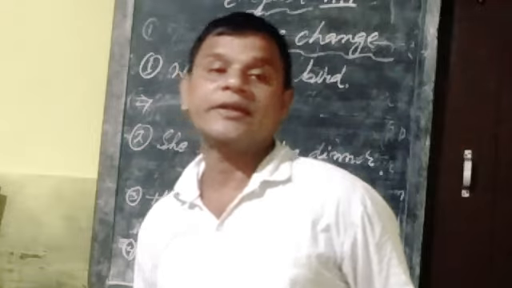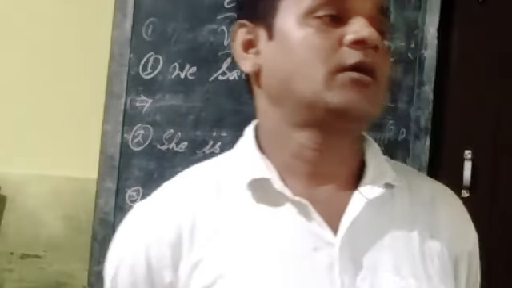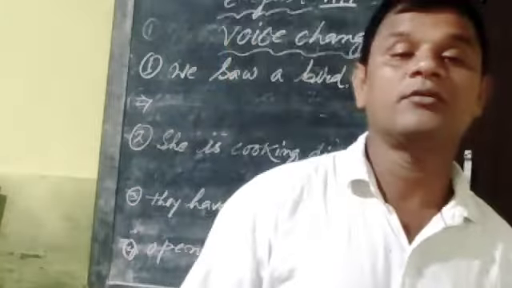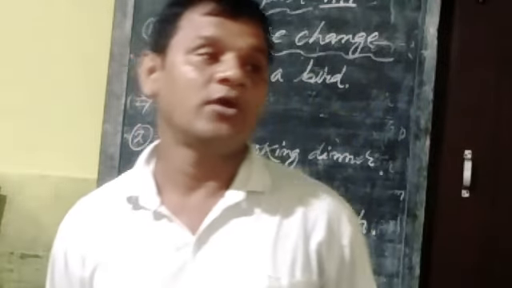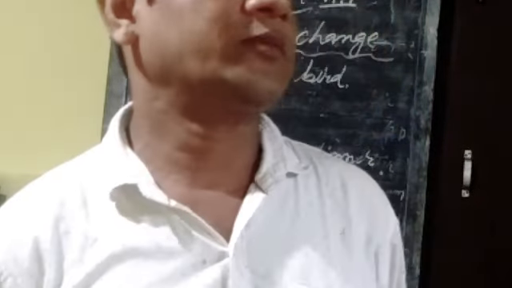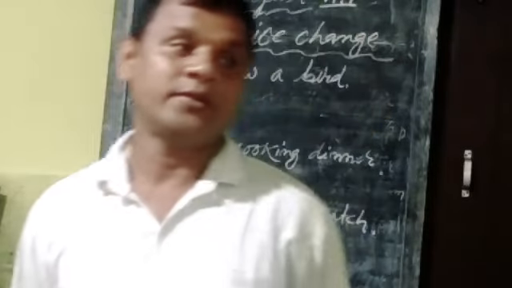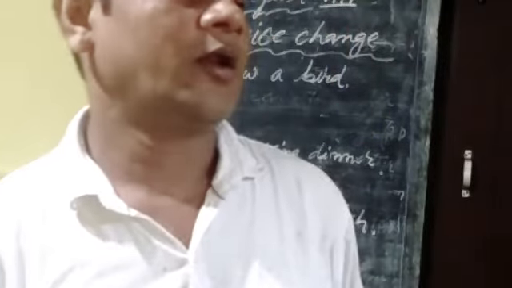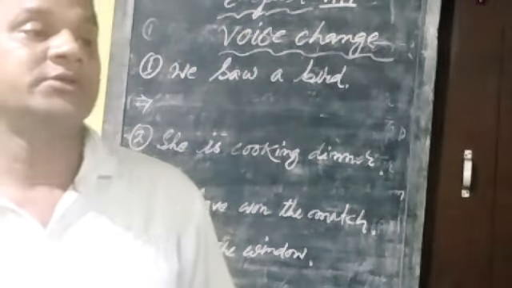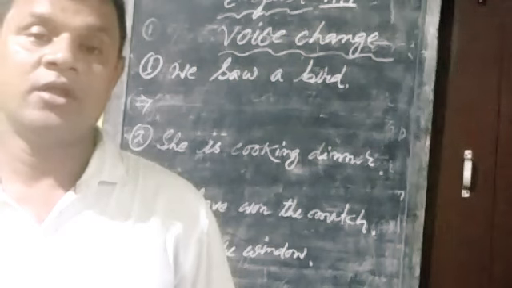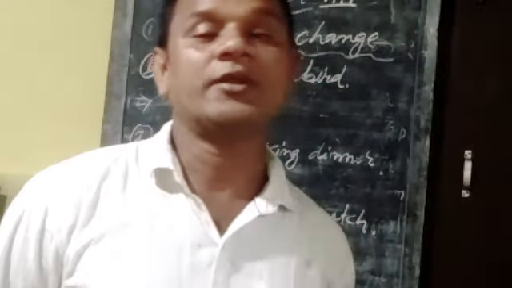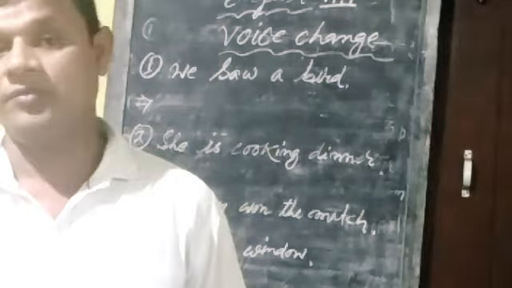So already we have learned that subject will become object in place of object. Then we have to write according to auxiliary verb. Number 3 is third form of the verb. Number 4 is by preposition, and number 5 is subject will come in place of object.